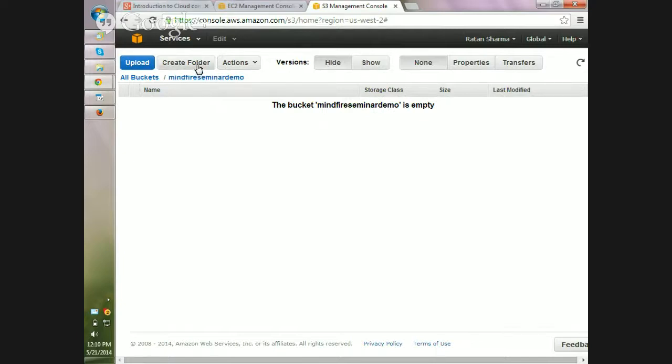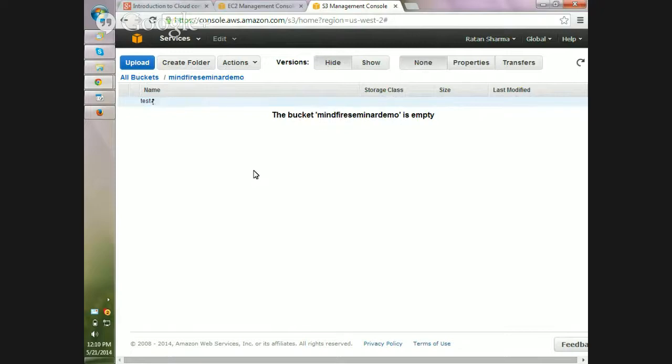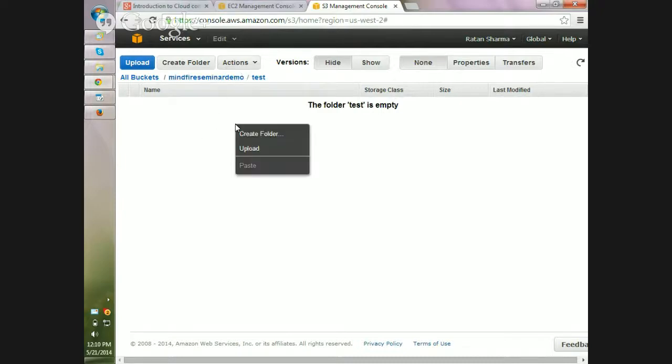So you can create a folder here. Then you can upload files here.